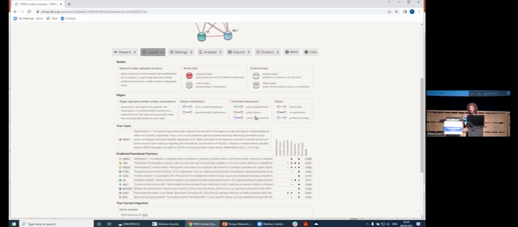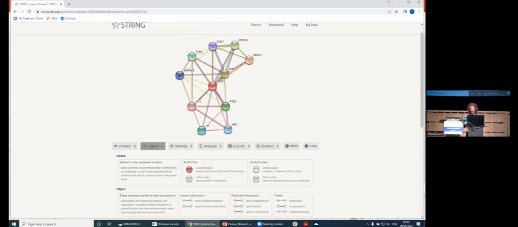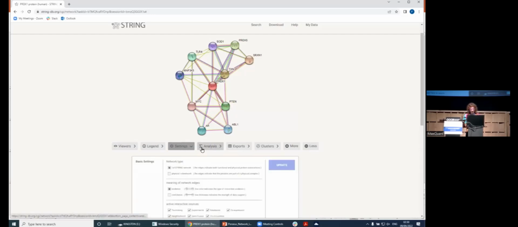For example, they were close in the genome, so maybe they're part of the same gene, so maybe the same gene creates two proteins, and so maybe these two proteins interact with each other, but we're not sure. So if you're really interested in a protein and you want to know exactly what its interactors are, I would suggest you focus on this part, because it will tell you that these are for sure interactions that have been described. And then here you can play around with the settings and do some little statistical analysis as well